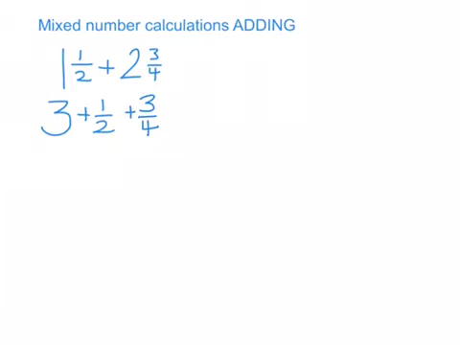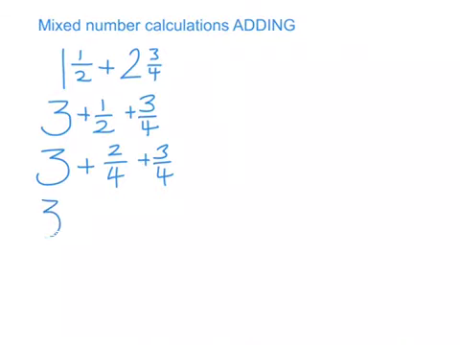So now my calculation looks in a very similar format to what I'm used to. So I know that I've got the 3. And I'm now adding this 1/2 and 3/4. Obviously, halves and quarters, I'm looking for common denominators. I'm going to use 4. So that becomes 2/4, because 1/2 is exactly the same as 2/4. I've multiplied the bottom by 2 and I've multiplied the top by 2. My 3/4 stays here. So I have now got 3 plus 2/4 plus 3/4,